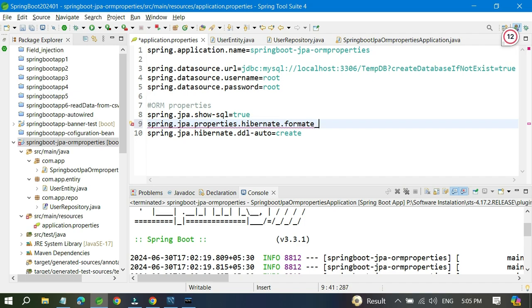So this is another property we have, and if you keep this property and run this,